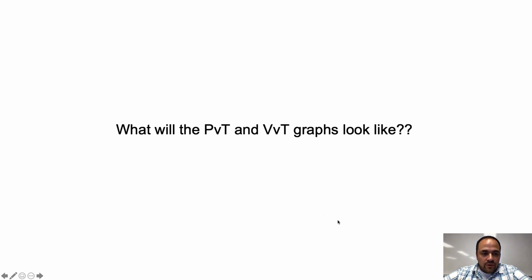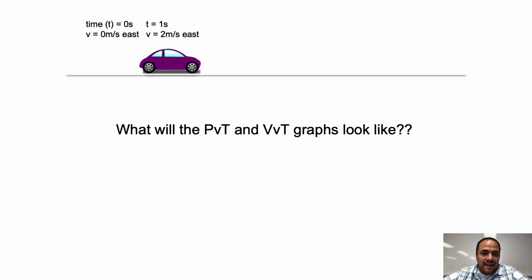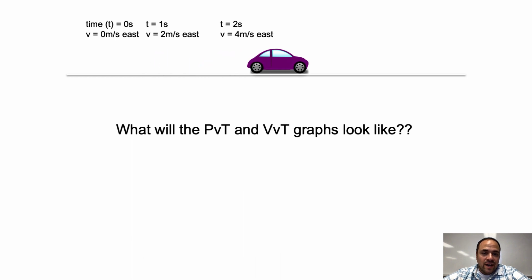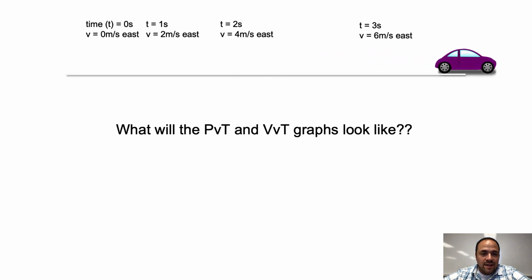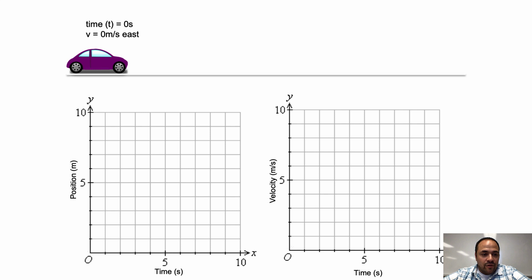All right, so what will the position versus time graph and velocity versus time graph look like for this scenario? So we have the object at time 0 starting at a velocity of 0. At time equals 1 second, so 1 second went by, velocity is now 2 meters per second east. After 2 seconds, the velocity is 4 meters per second east. And after 3 seconds, the velocity is 6 meters per second east. So now we have a changing velocity. We have acceleration. And so when we graph those points again,